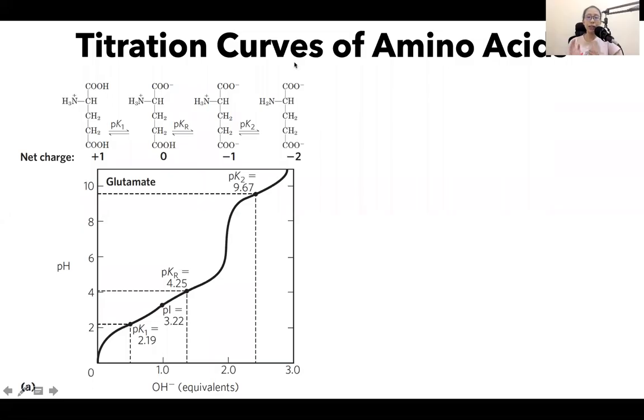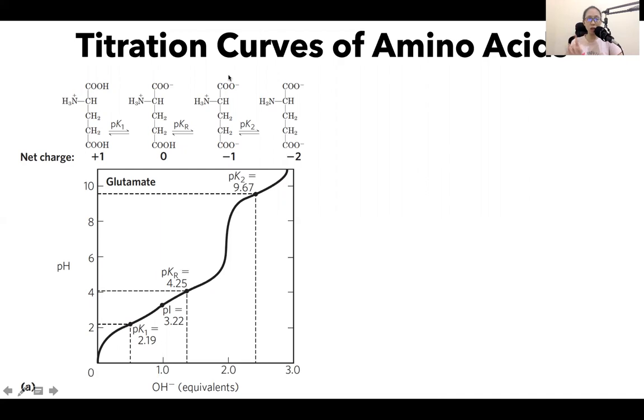Let's take a look at the titration curve of another amino acid, this time glutamate. So we start with the fully protonated form, which has a net charge of +1. This will be followed by the Zwitter ion. So the proton from the carboxyl group attached to the alpha carbon is removed, followed by a negatively charged glutamate,